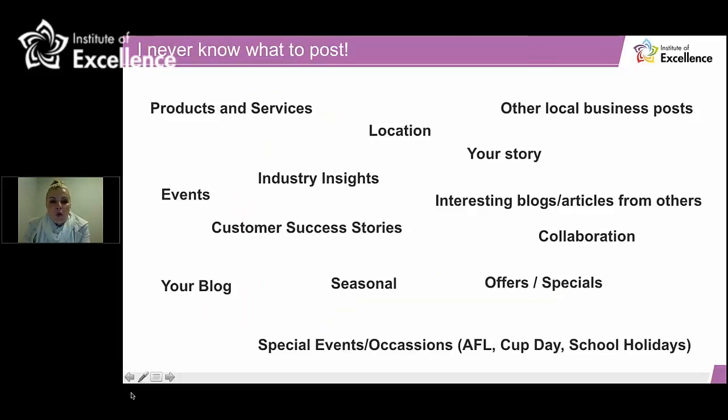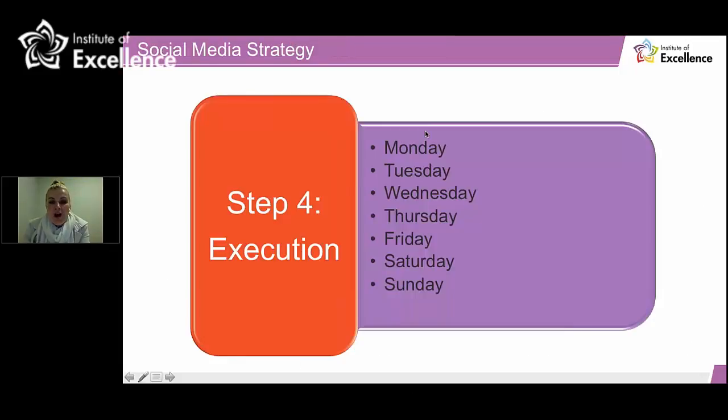So bringing all of this together, what I highly recommend is theming your days. So to ensure that you are at minimum, if you're going to just make a decision after today, out of 7 days of the week, I'm going to post 3. So for example, you're going to decide I'm going to post on Monday, Wednesday and Friday. I want one of those posts every week to always include something that's going to drive traffic back to your website, okay?